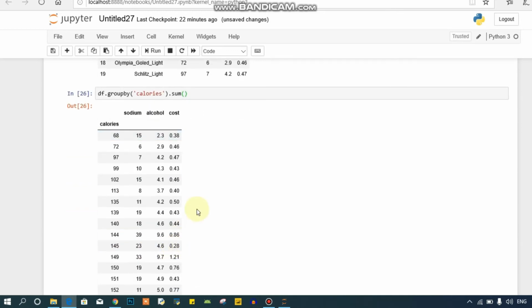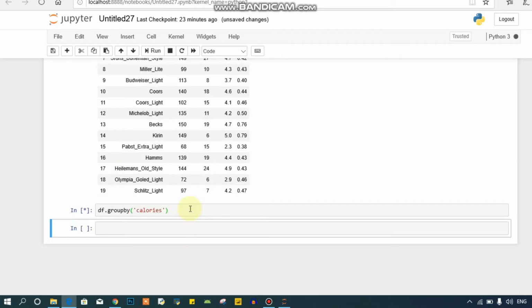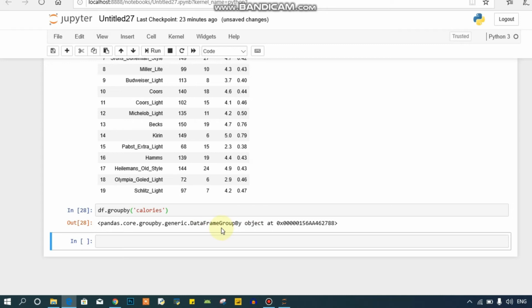So here you can see that our table has been ordered on the basis of calories: 62, 68, 72, 97, these are the calories, and I have ordered my table on the basis of these calories. And now you can see that it is showing the type of this operator, a generic data frame group by object, and this is showing the memory location.